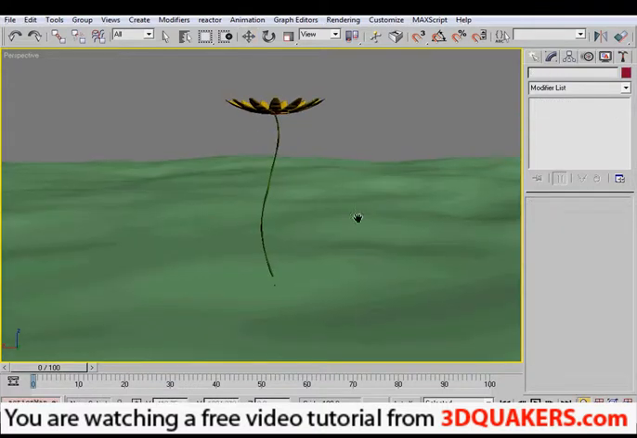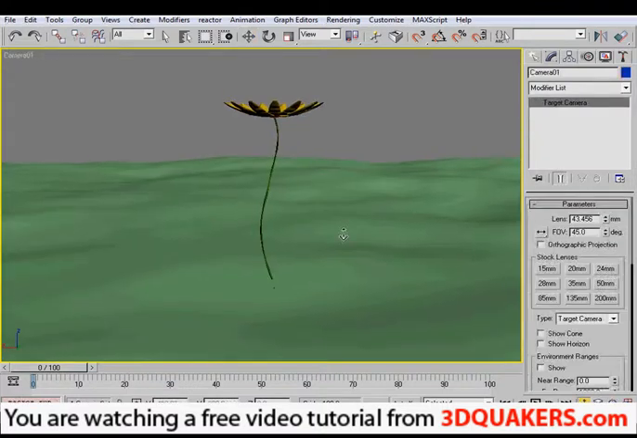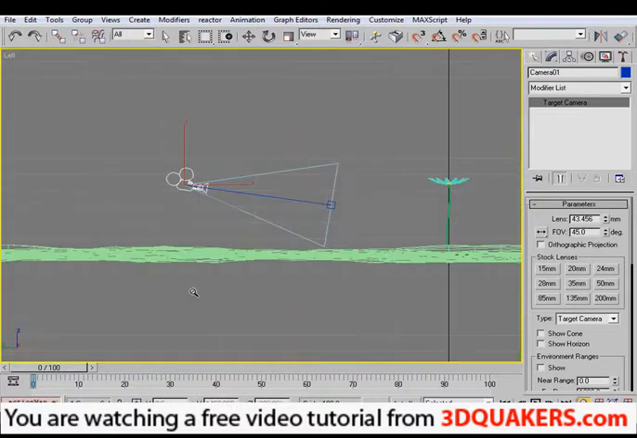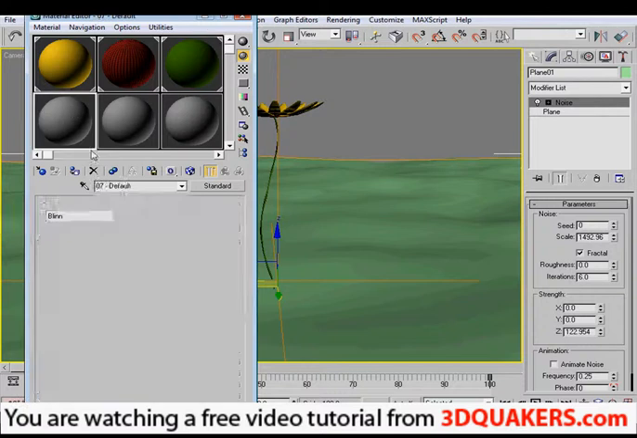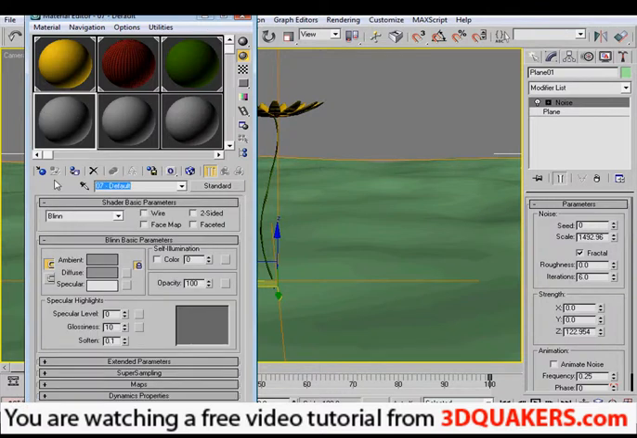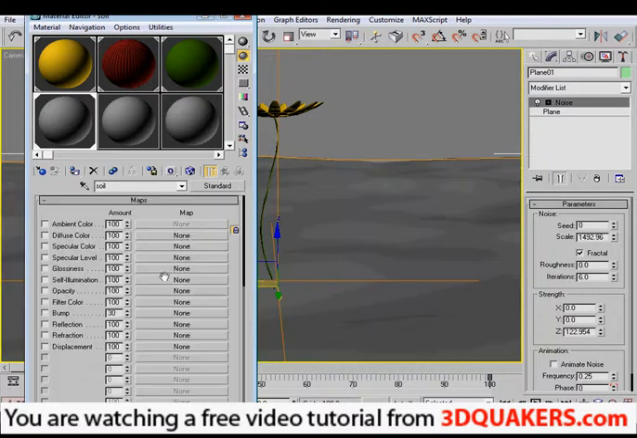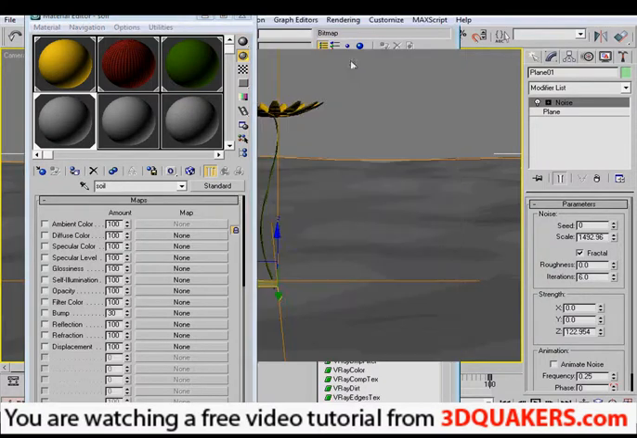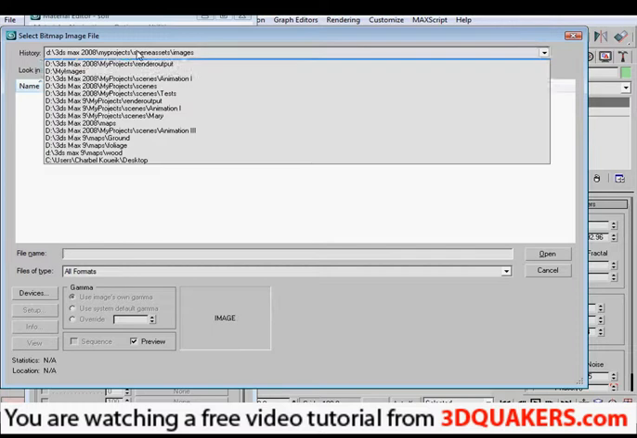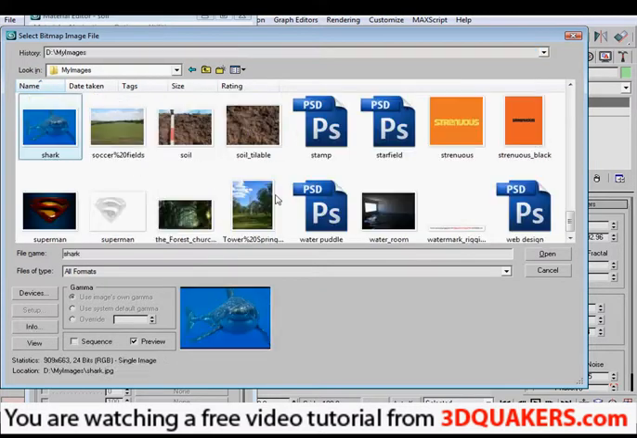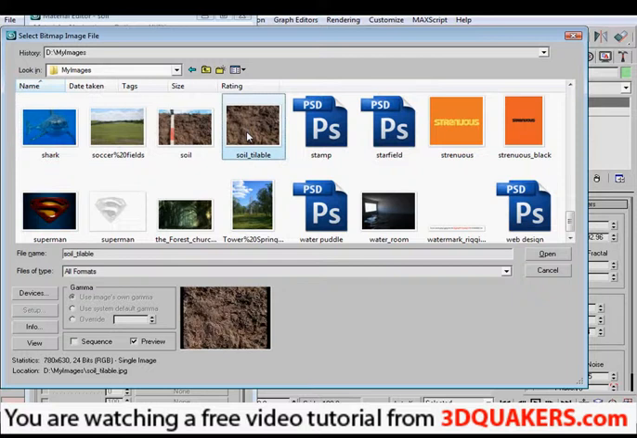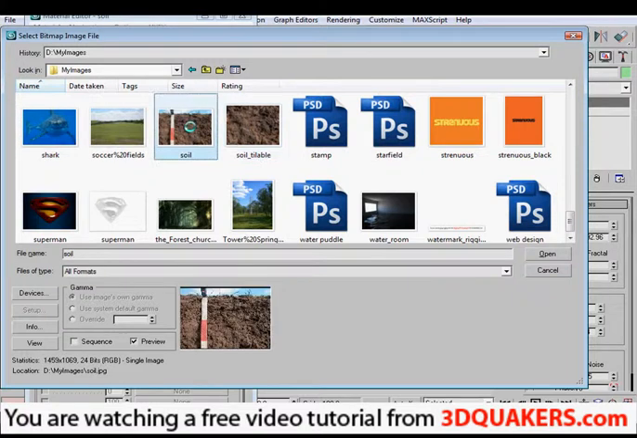Alright, and let's press Ctrl C for a camera view. For the plane I'm just gonna add a material, let's call it soil. Go down to maps, diffuse color bitmap, I'm gonna select this image here, which I fixed in Photoshop. So I downloaded this image,